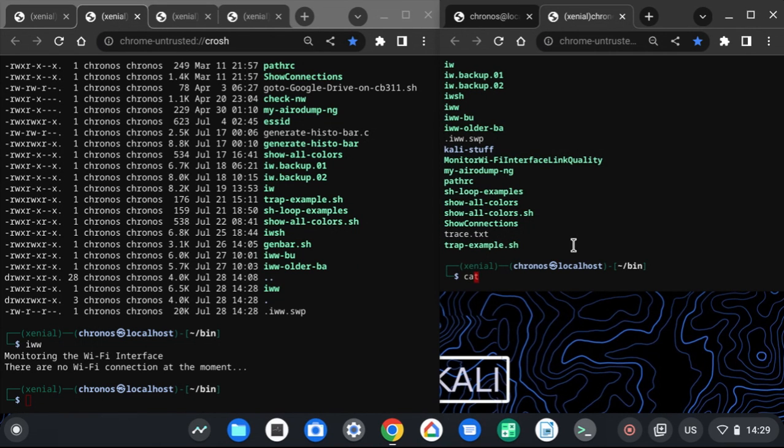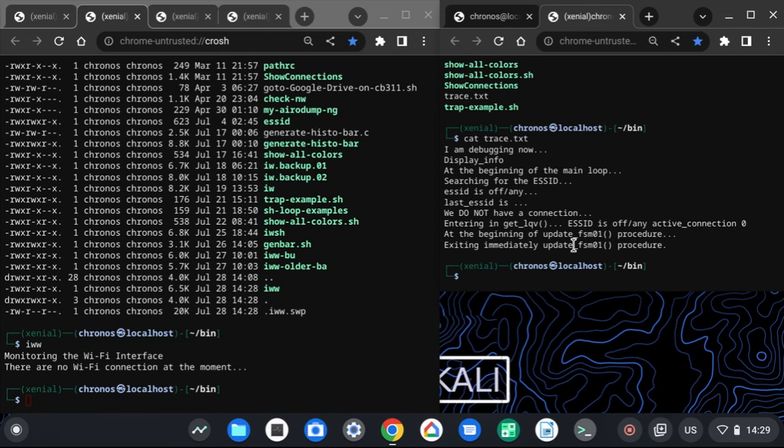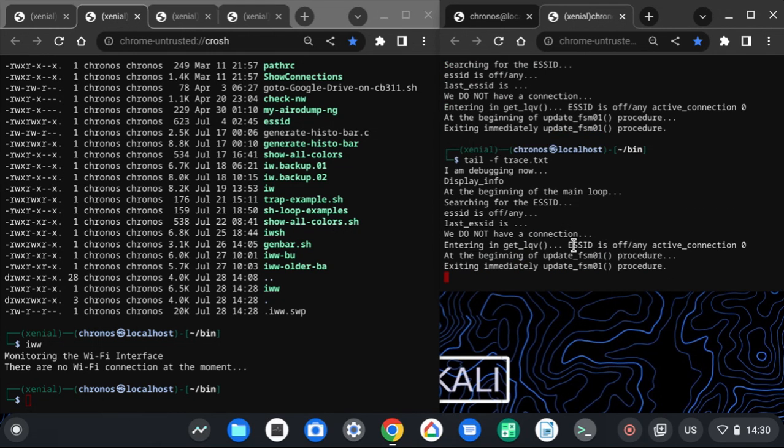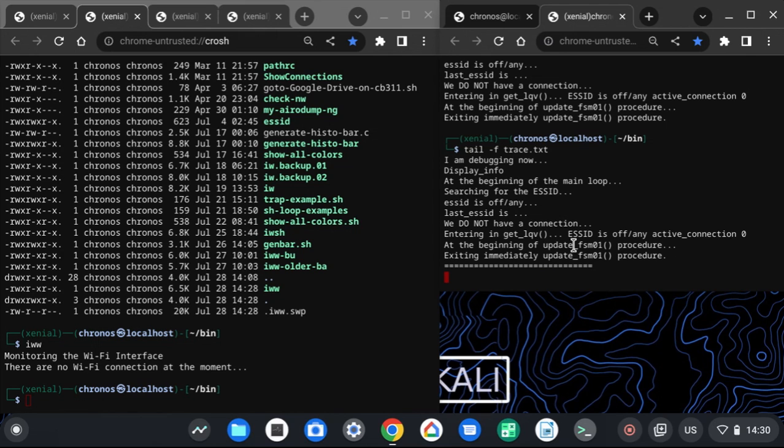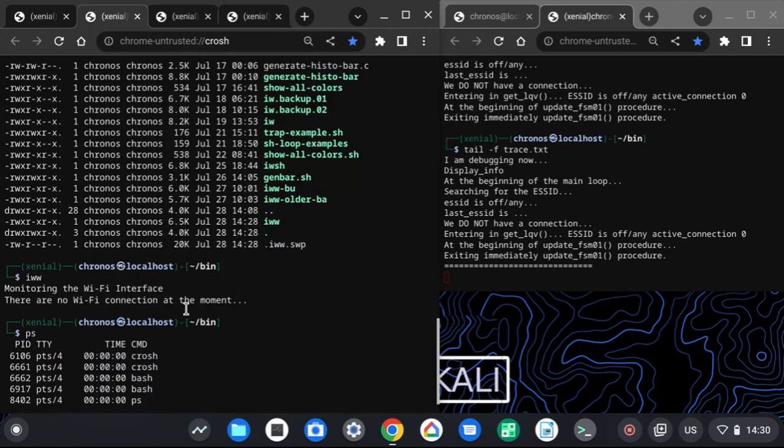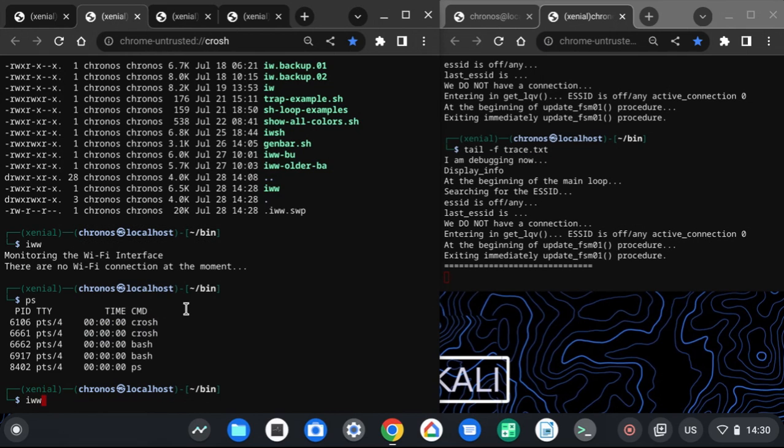If I do a cat of trace, you see here at the beginning, okay, I don't know what happened, but something happened. Anyway, whatever. So here, if I do a tail -f of trace, I'm putting that just to see that. Okay, this is where I'm going to take it. So if I say IWW,